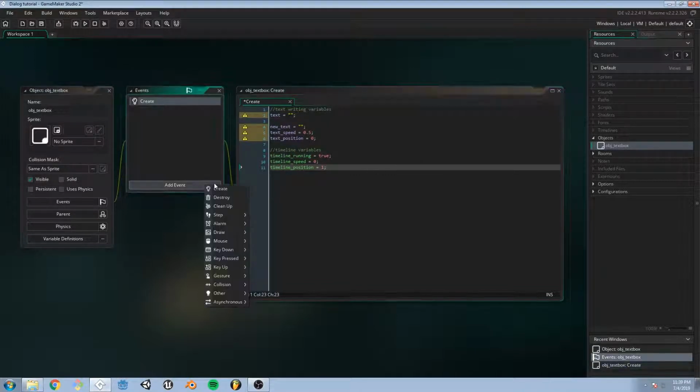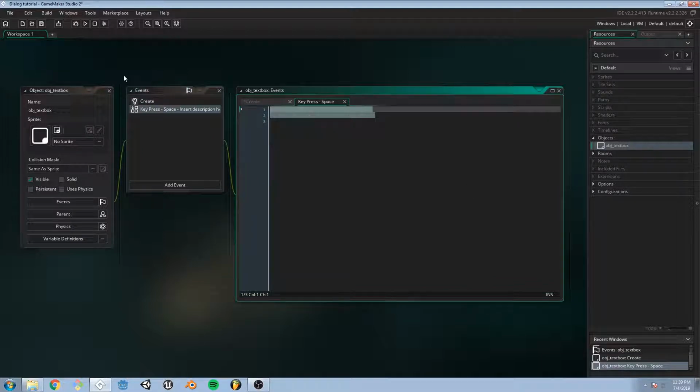After we've got all that set up, we're going to add a key pressed event on the space, and this is just going to go through our dialogue in our timeline, and you'll see how all this is working, but I'm just doing some basic setup right now. Pretty much when you press space, it's going to go through your timeline to each position that you've got set for whatever dialogue you've got set in there. So we'll say timeline position is incremented plus